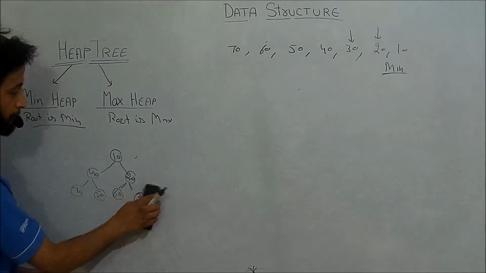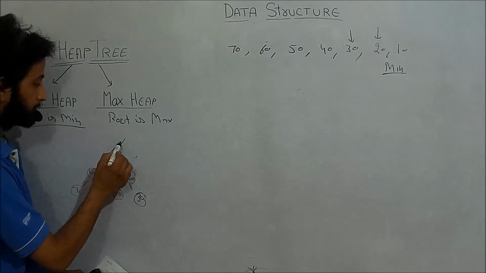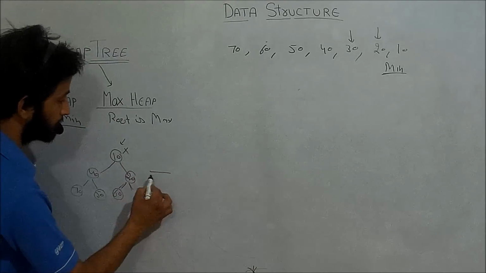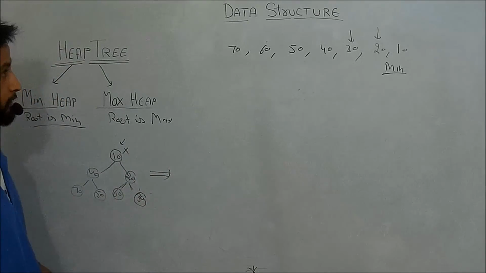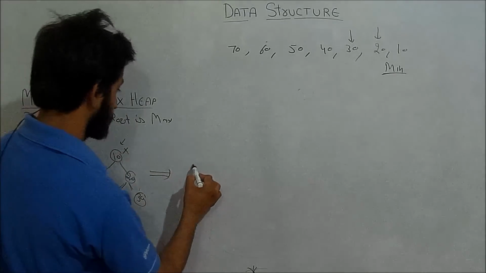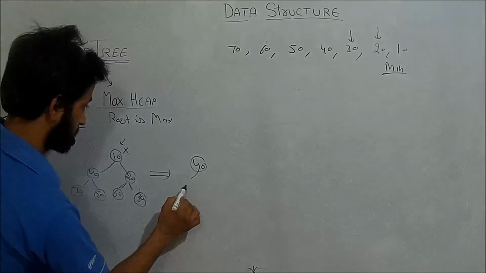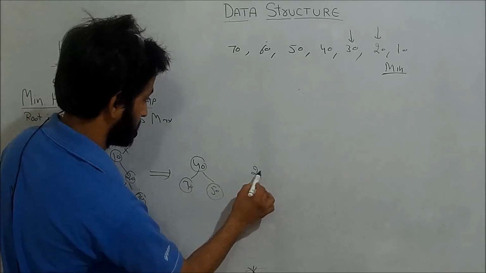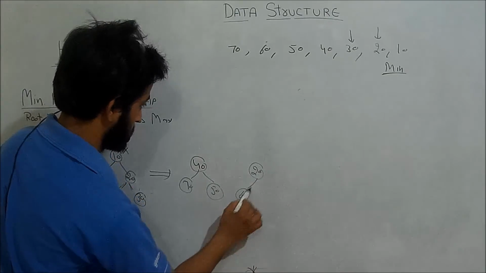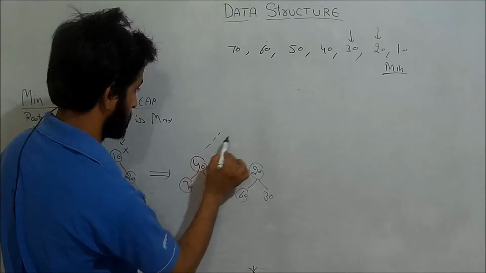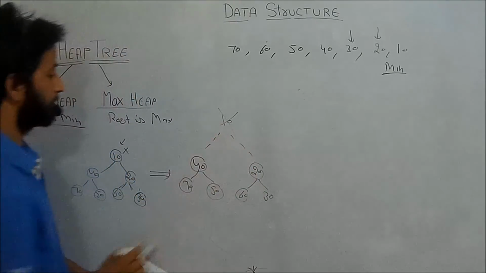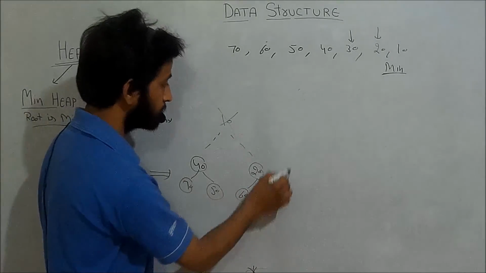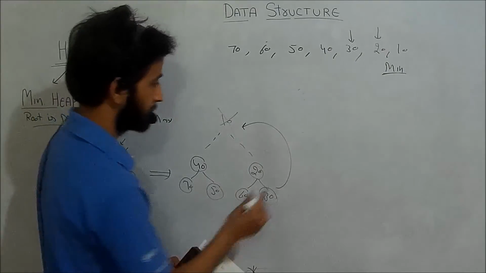Okay, so what will happen if I delete the element 10 here? So when I delete the element 10, what will happen to the min heap after deleting the 10? 40 we have, 70, then 50, 20, 60 and 30. Okay, when I delete 10, then what will happen? Then the rightmost element will move to this position.